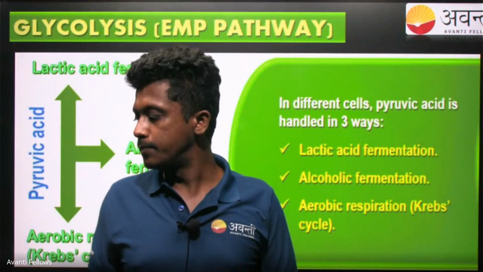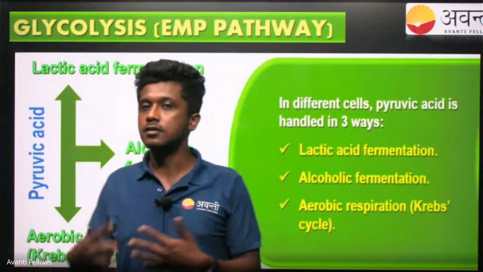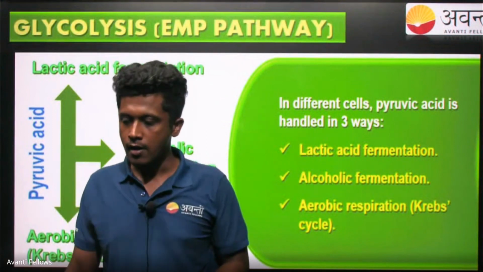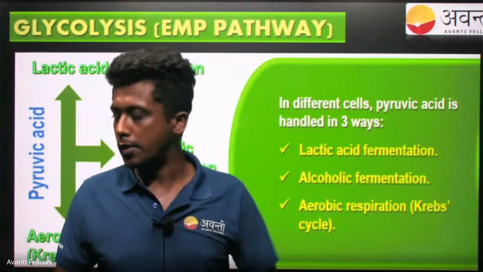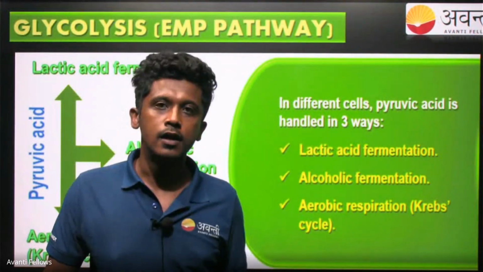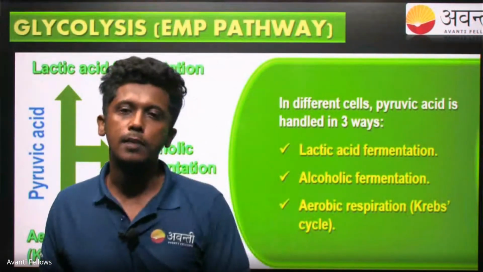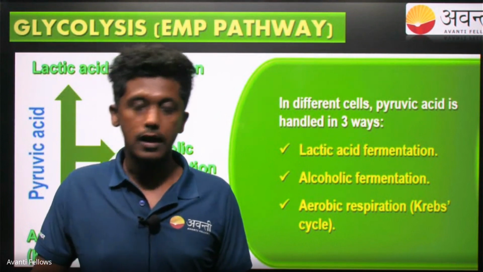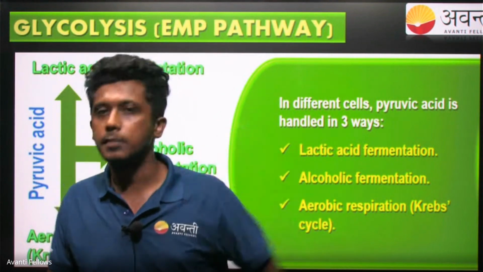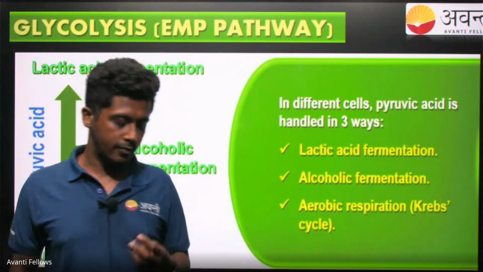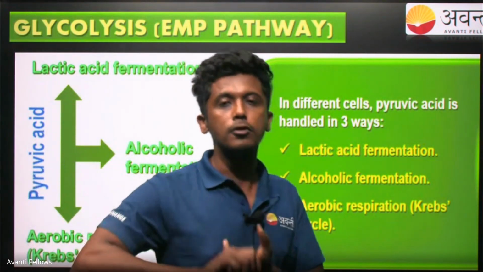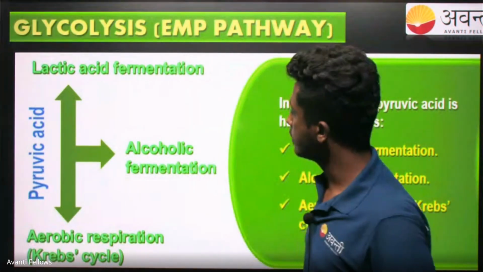The second part is that in aerobic organisms, there might be an anaerobic reaction. For example, I start working out, and as I keep working out, my muscles get fatigued and tired, and I'm not able to supply sufficient oxygen to my tissues. Now my muscles go into an anaerobic state. That is the second thing. And the third one is regular aerobic respiration. So first, let's talk about the first two conditions.